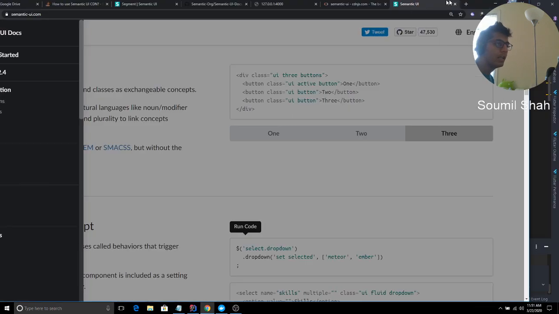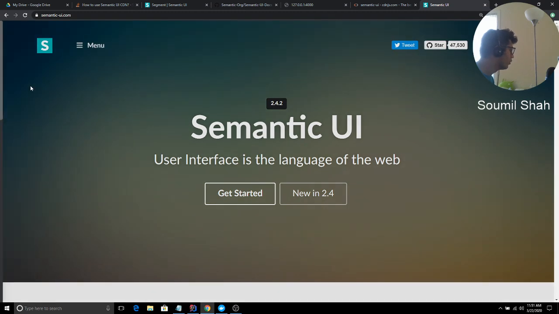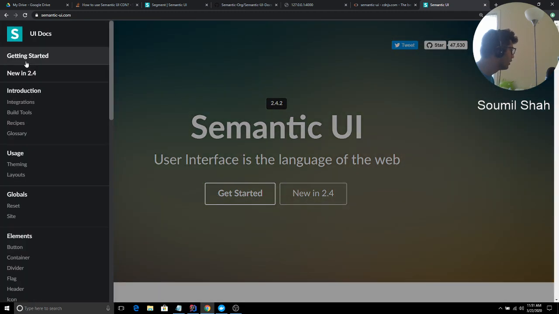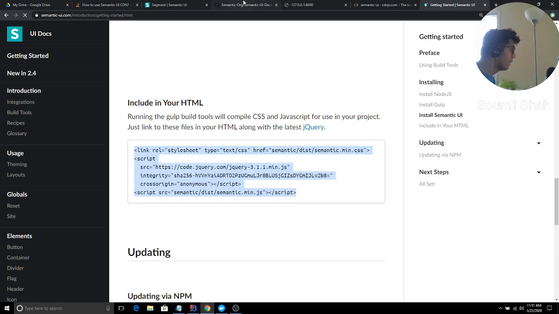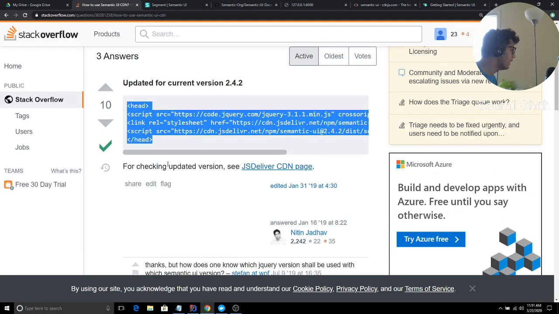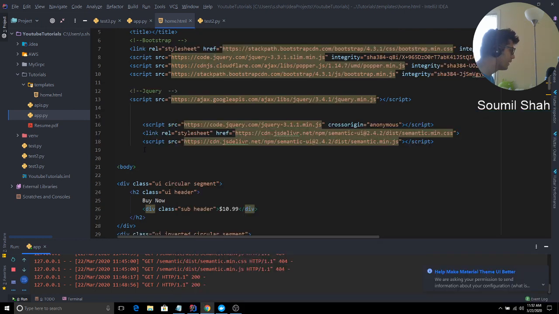By the way, the CDN that was on this website, what I mean by that is, if I go here, getting started, this did not work out for me for some reason. Then I had to go to Stack Overflow. I'm just going to show you. If you have these errors, if you just put this in your HTML, it won't work, at least for me. So what I had to do is go to Stack Overflow, and this is the script that you have to put. I'm going to leave the links, okay? So don't worry about that. All right, guys, so what I did is I just put the links here.